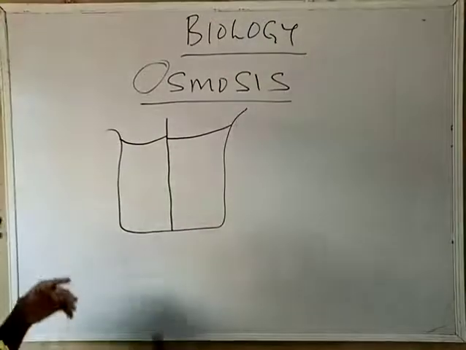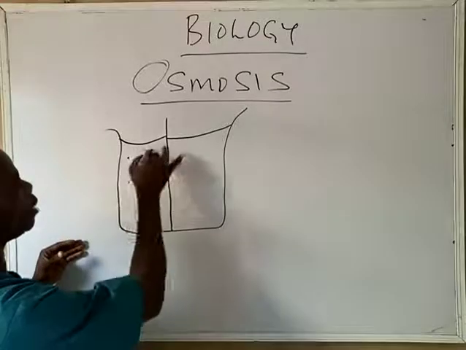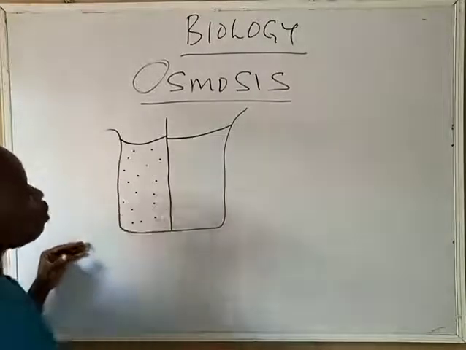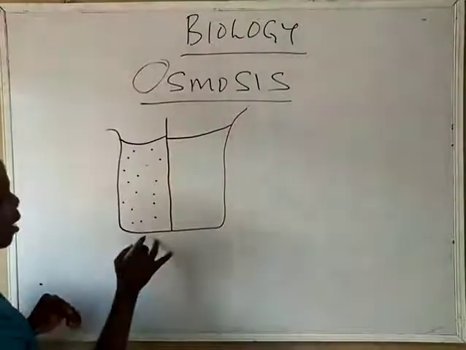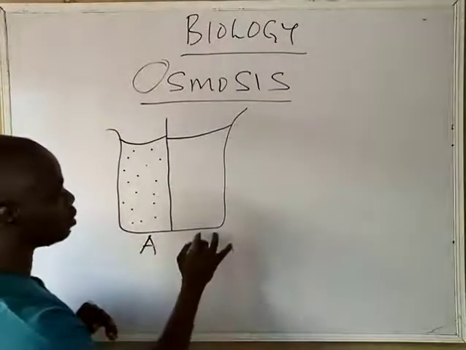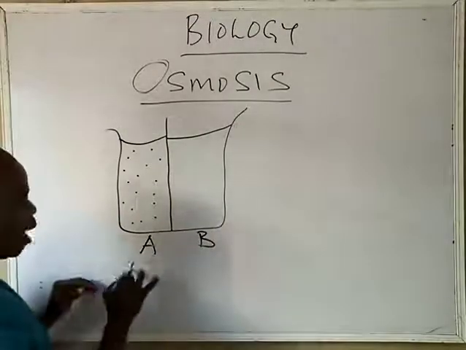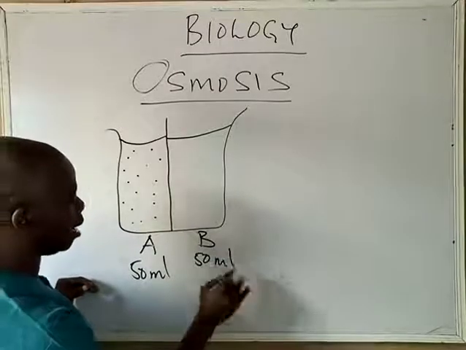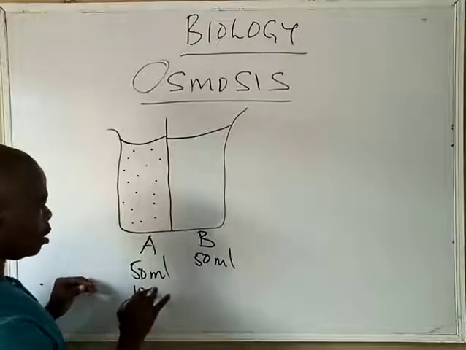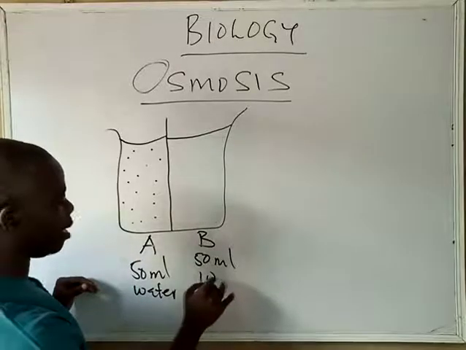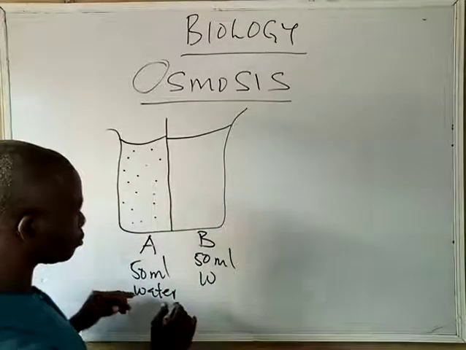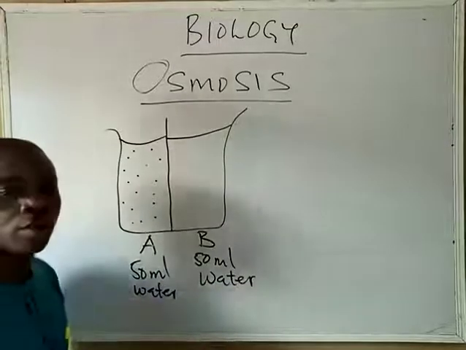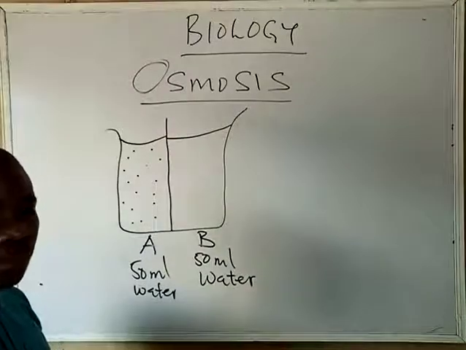For example, if you dissolve salt in water, if we have 50 mils of water in A, and another 50 mils of water in B, so we have 50 ml of water in A, and we have 50 ml of water in B,